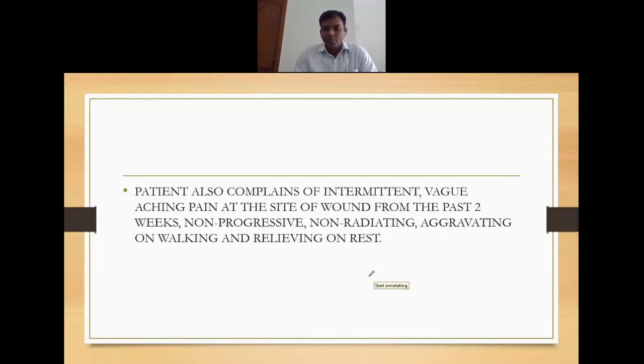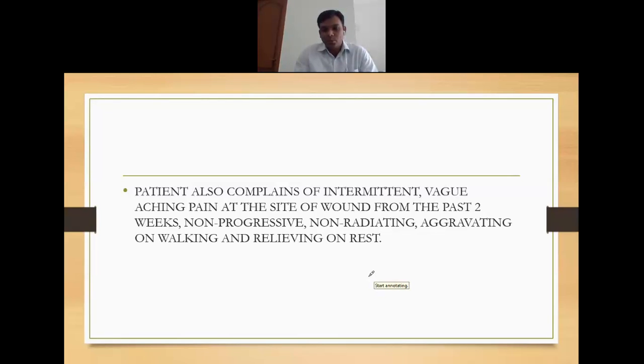Somebody is pointing out arterial insufficiency. Yeah, arterial insufficiency is not a cause of pain at the ulcer site. Usually it will be in the bulk of the muscle mass, like in the calf region of the leg. Here you have asked for pain. Today the ulcer has happened, there will be some pain. After 15 days you can have some pain, but it won't be so much.